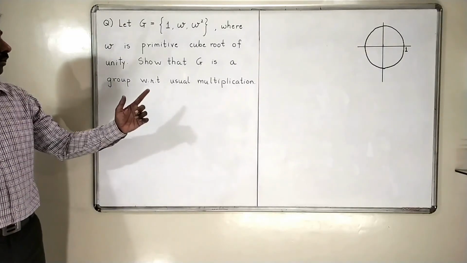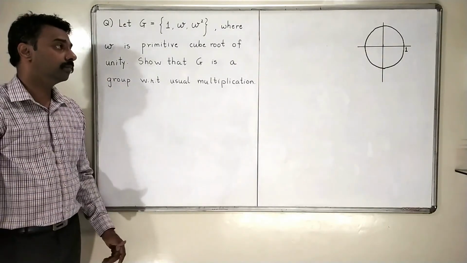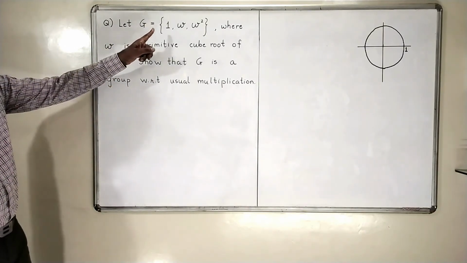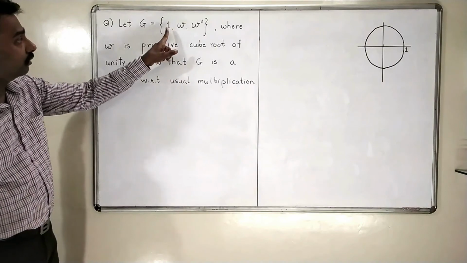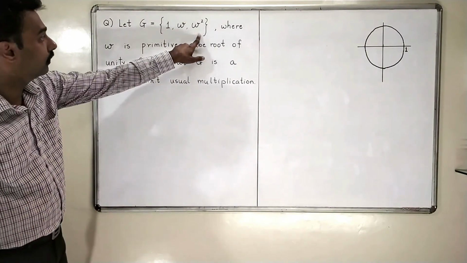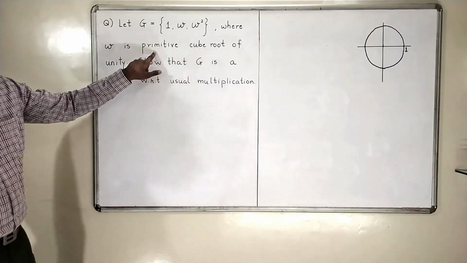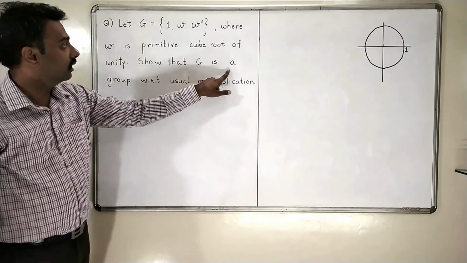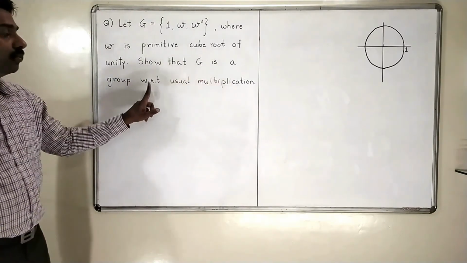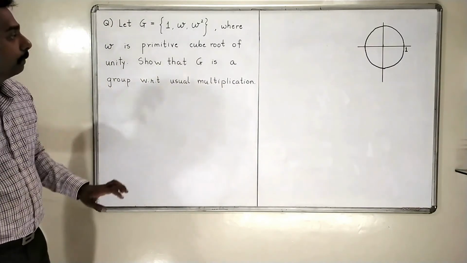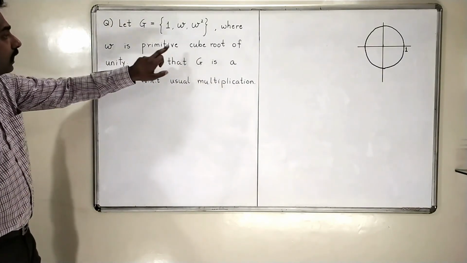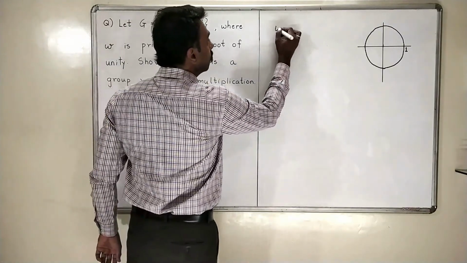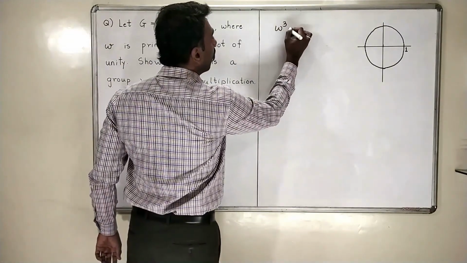Let us start with the third problem. So G is a group, G is a set with three elements, 1, omega and omega square, where omega is a primitive cube root of unity, and we want to show that this G is a group with respect to usual multiplication. Now omega is the cube root of unity, so we know that omega cube is equal to 1,